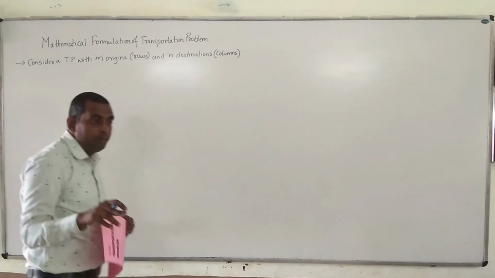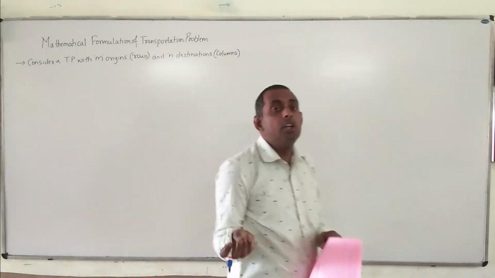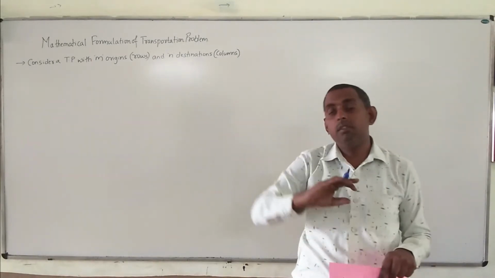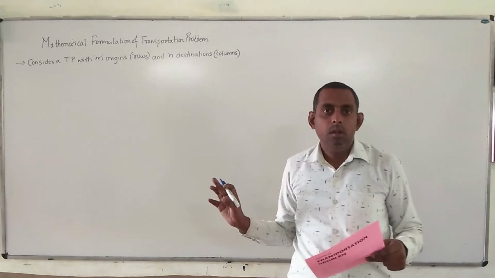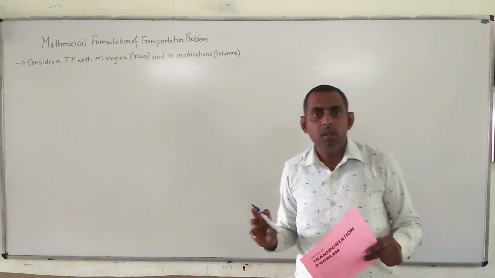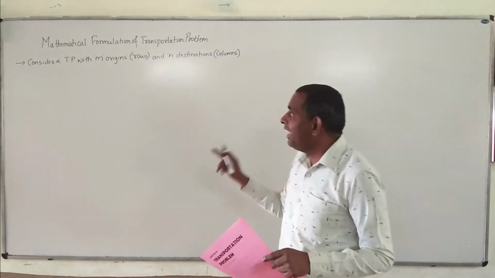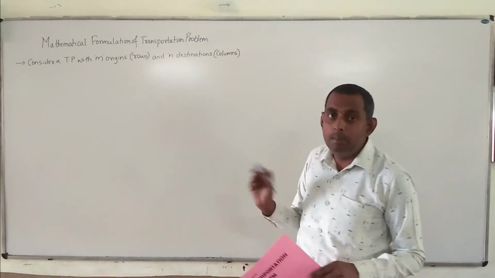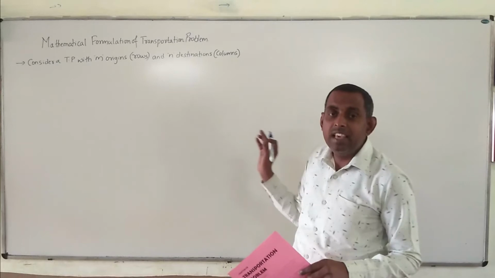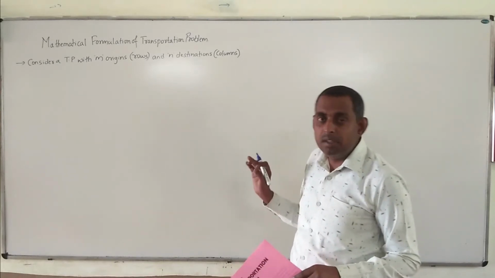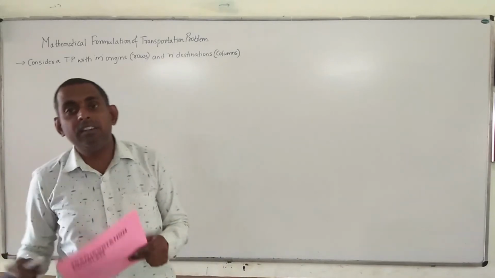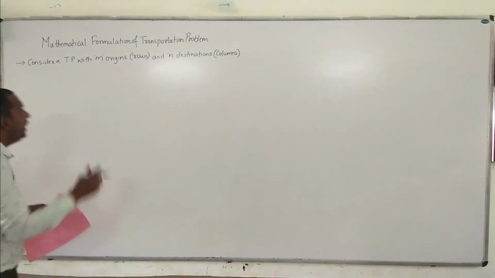So what are we doing? We are formulating the transportation problem mathematically, giving the mathematical model of the transportation problem. We are considering the given transportation problem with m origins and n destinations. So m is nothing but rows, n is nothing but columns. That is the matrix representation. Right? So let